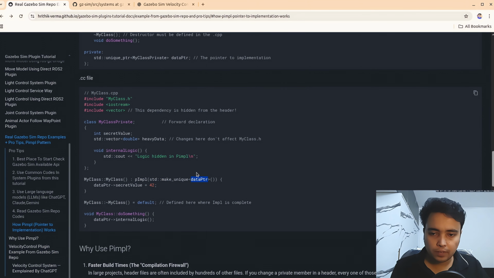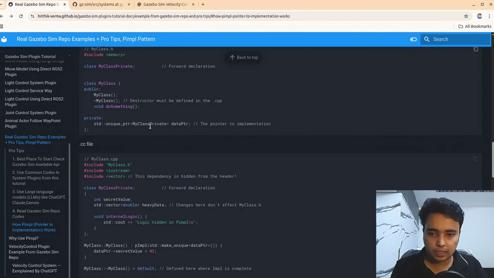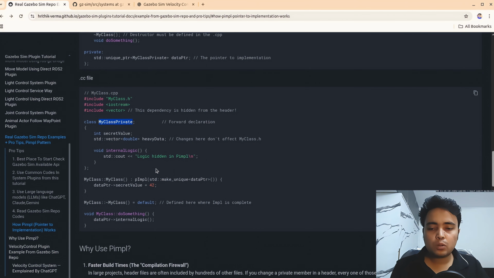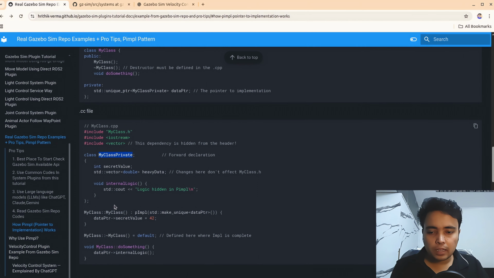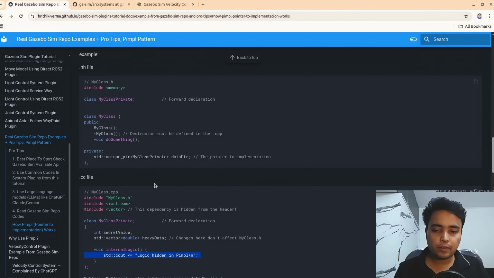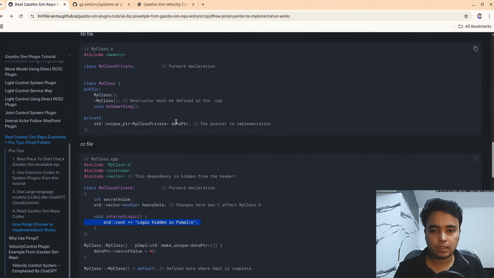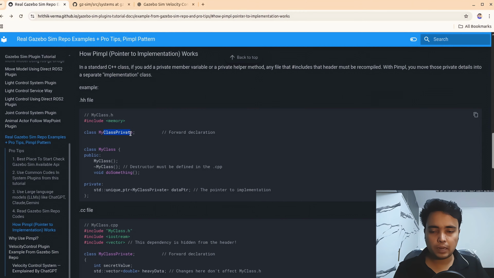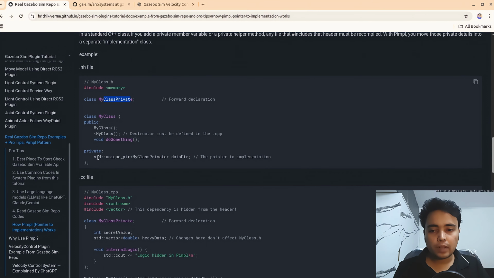That means you have given access to this pointer, that is basically this class. So now using that data pointer you will be able to access anything from here, and you can use it for doing anything, like do some function. There we are calling this internal logic on this class, that just brings hidden logic in play. So basically this private variable is coming from this my class private. So if you define it like this,